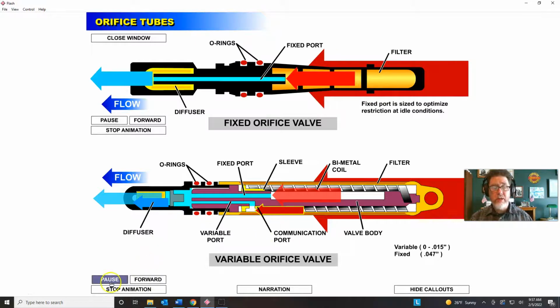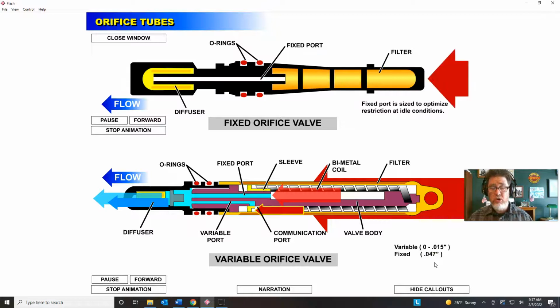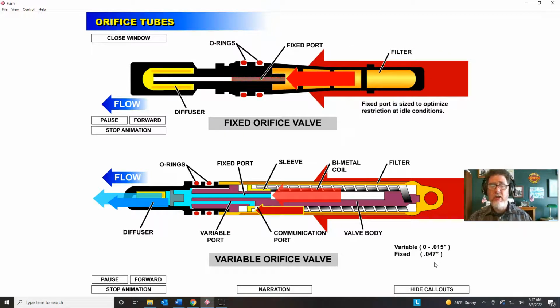So let's just, I'm going to go ahead and forward this back to close. So let's say that I did make an orifice tube that has 47 thousandths on there. It just closed, so there's now my 47. So the question is, why don't all orifice tubes, a regular fixed orifice tube, be at 47 thousandths? Well, you start thinking about how much during the year you drive where it's a high heat load condition. Think about operating the air conditioning in March and in May and June and in the mornings and going down the highway. So most days, if you had a